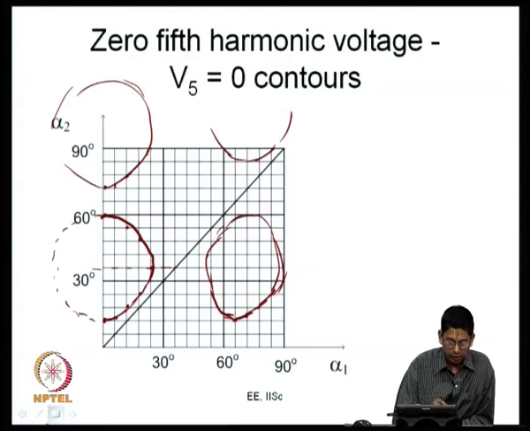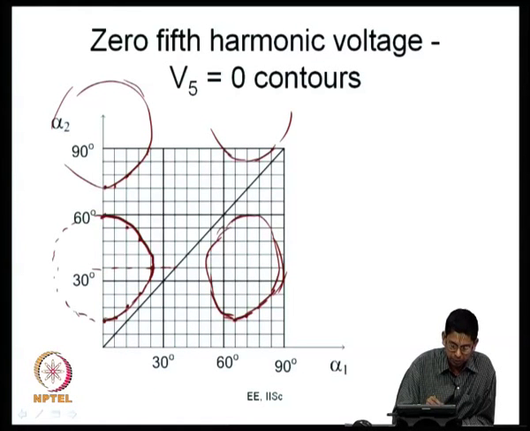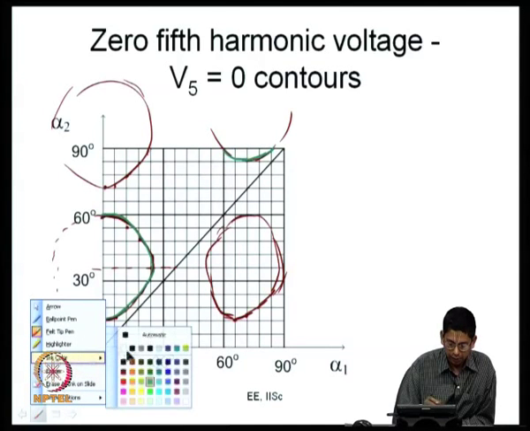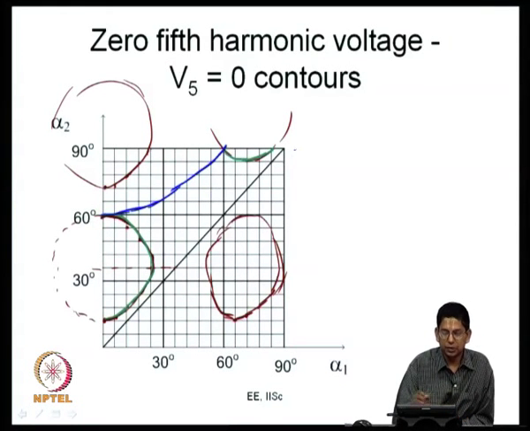And if you see, certain curves are in our region of interest. Let me just change the ink color. So, this part of the curve is in our region of interest, what I am drawing with a green ink now. Again this part of the curve is also in our region of interest. So, let me indicate with a different color the V 1 is equal to 0 contour. The V 1 is equal to 0 contour we are looking at goes something like this. So, these two curves are solutions, what have been indicated here by the green lines. This curve and this curve are solutions here now.